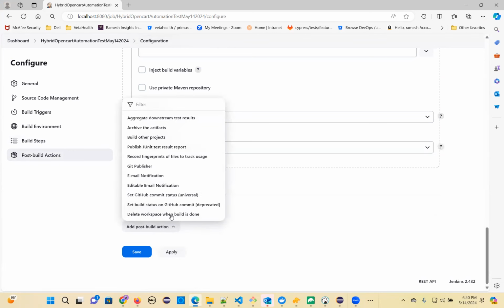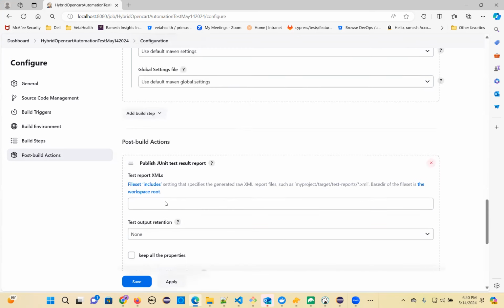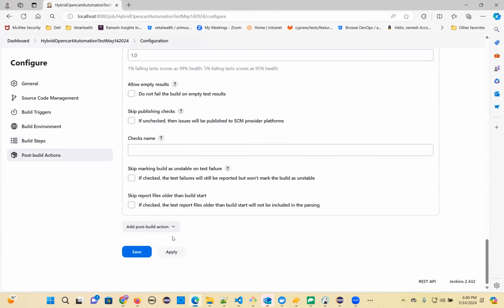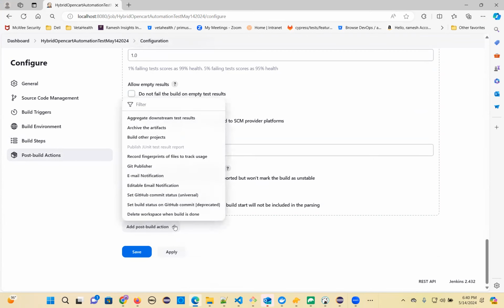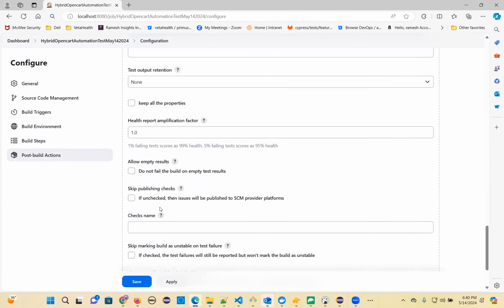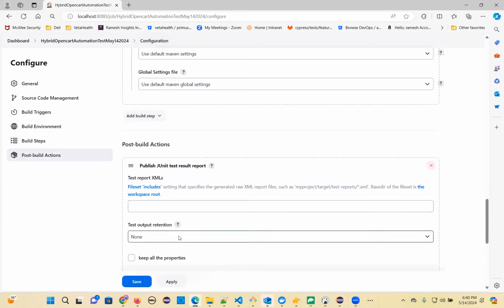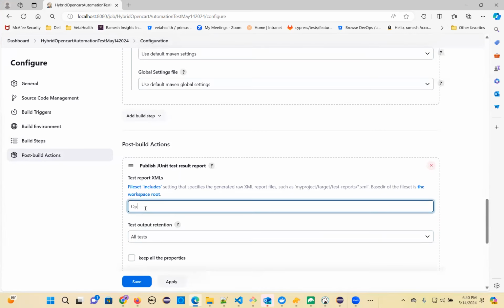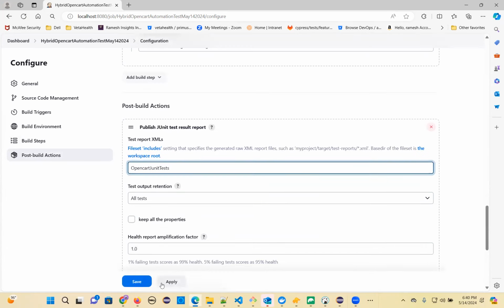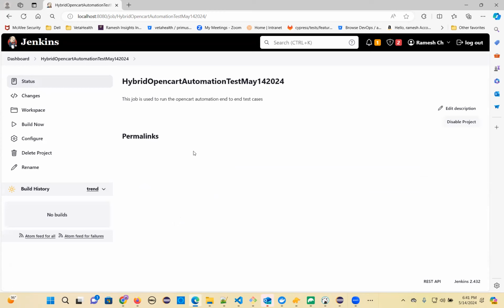So then post build actions. I want to publish JUnit test reports, and you can give different options. Email notification, and a few more you can do. But these are some reports you can give, whatever reports you want to generate. So all tests and report, open cart JUnit tests. Like that you can give, okay? But this is not the one we want. Just save it, okay? Save this. But we want